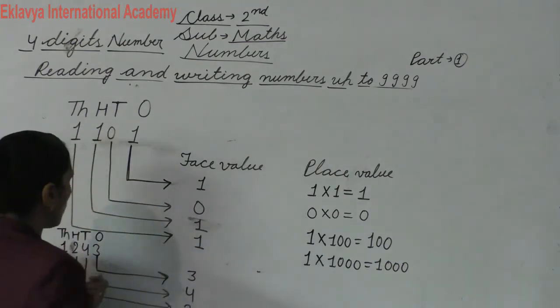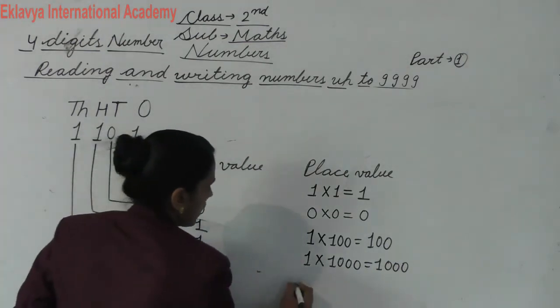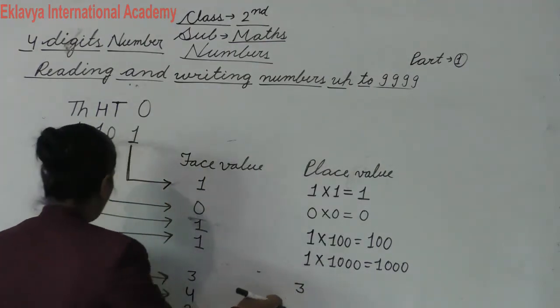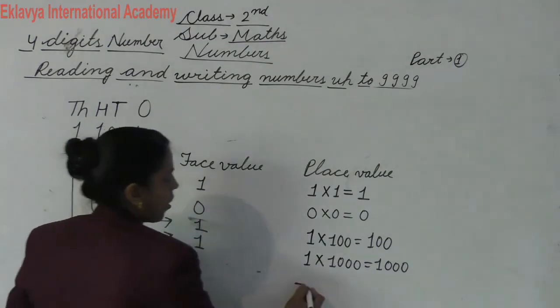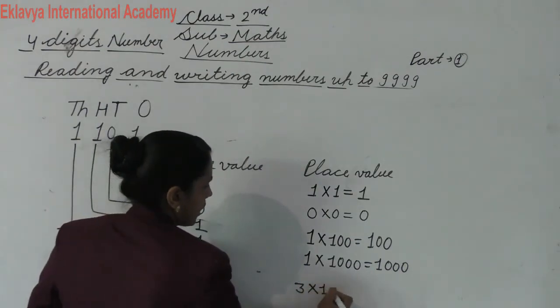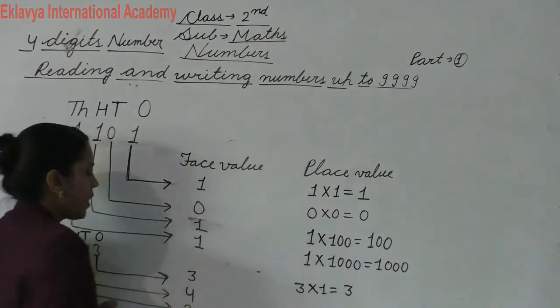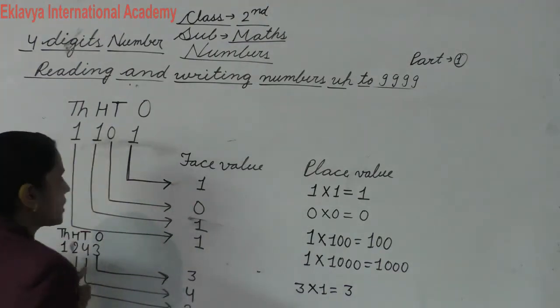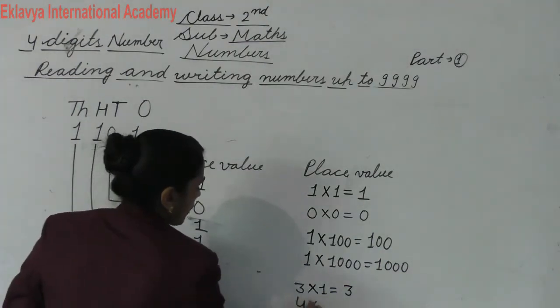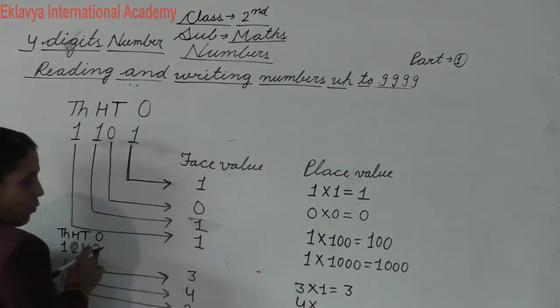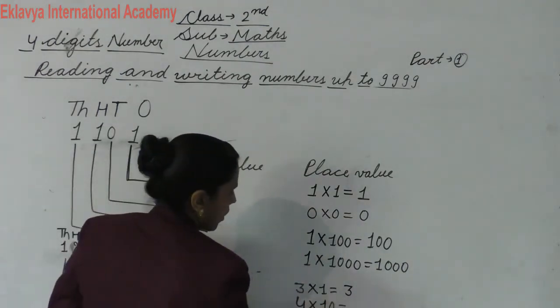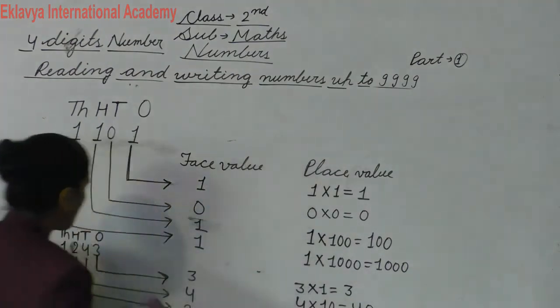Now here we will write place value. So place value, do you know? What is the place value of 3? Now 3 is your digit and 3 sits on ones place. So now we will multiply by 1. So 3 1 जा 3. Place value 3 की क्या होगी? 3 होगी. Next, what is the place value of 4? 4 is sitting on tens place. 4 किस में बैठा है बेटा? Tens place. Now we will multiply by 10. So now you will get 40.